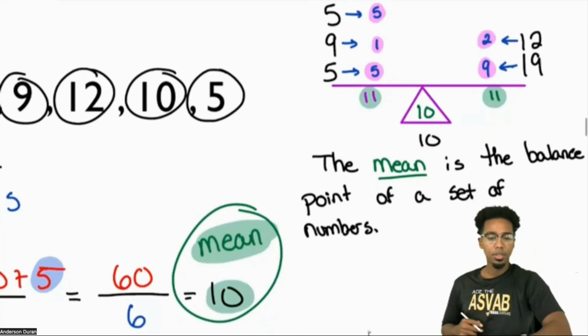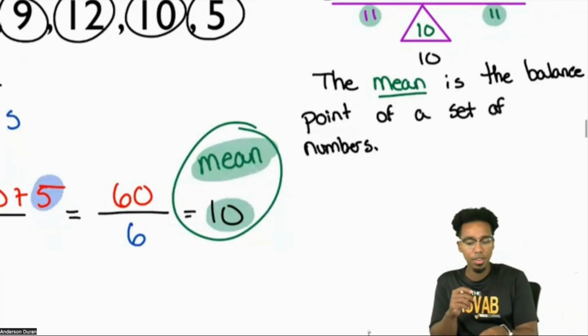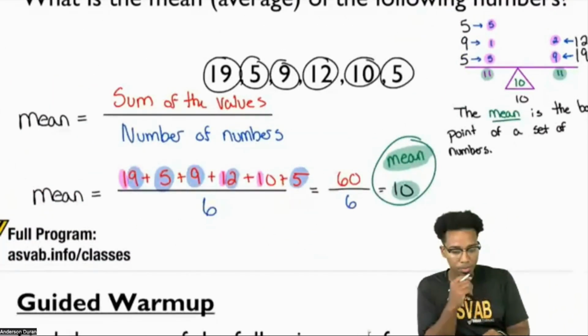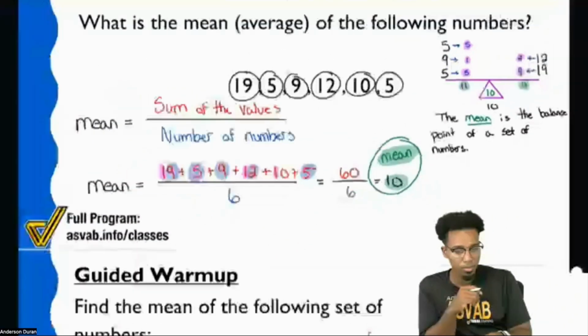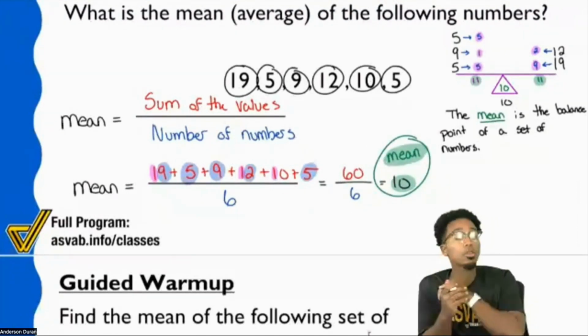Right there. The mean is the balance point of a set of numbers. Okay, that's what it is. I'm going to go through it one more time, but then we are going to move forward